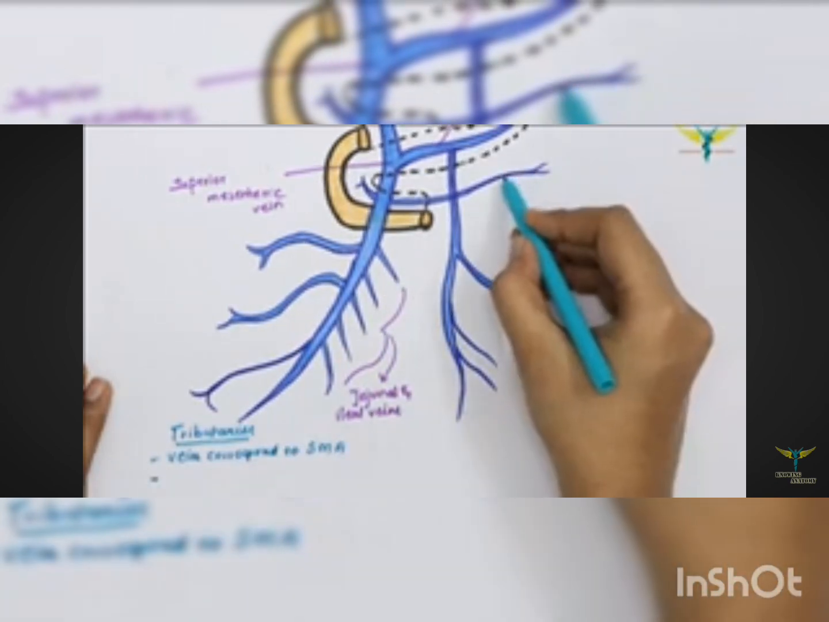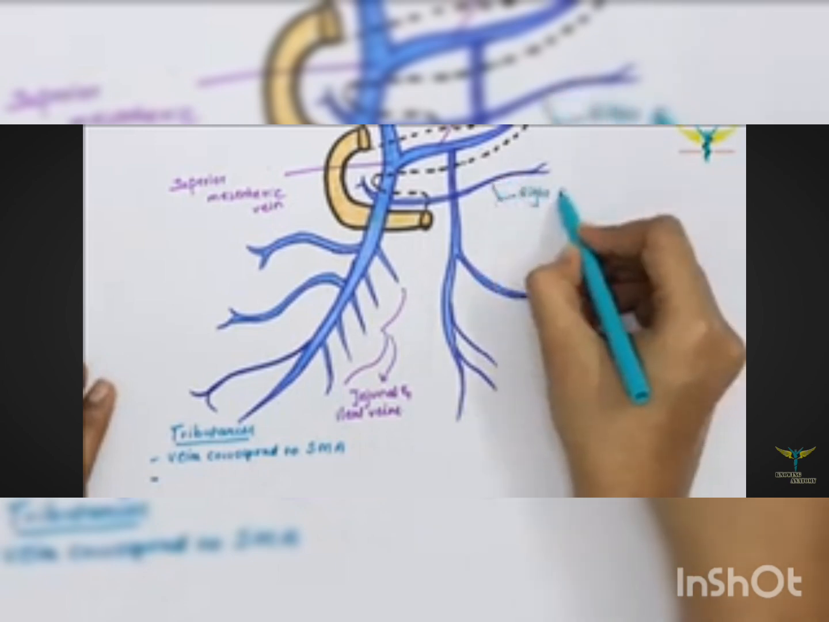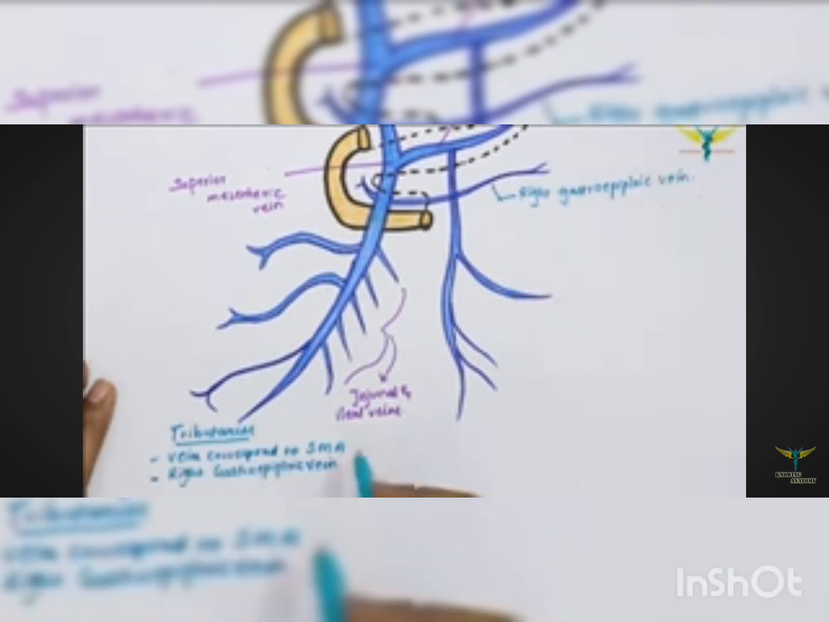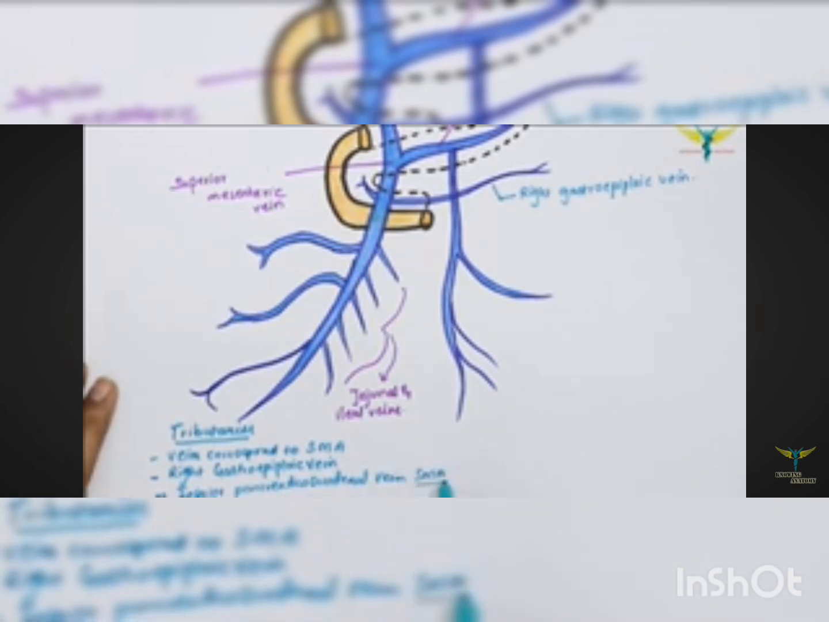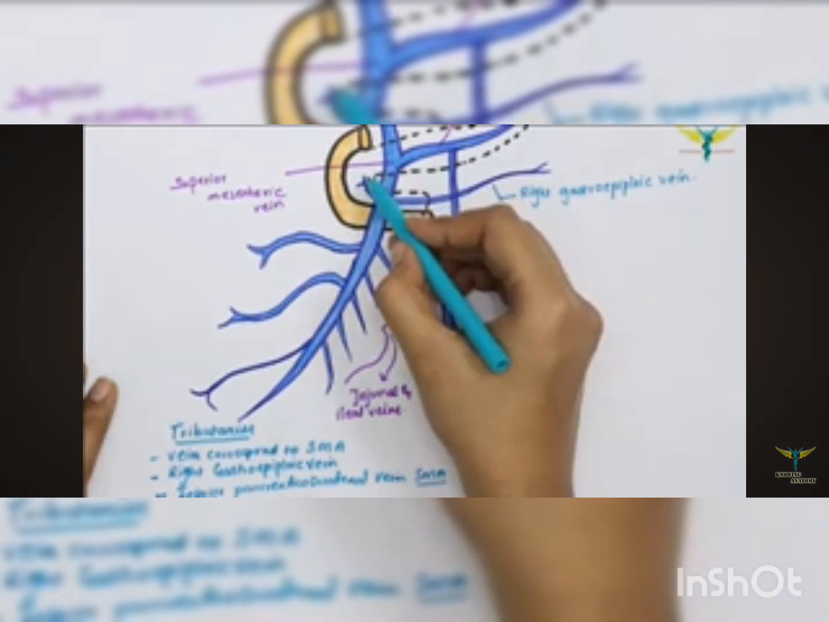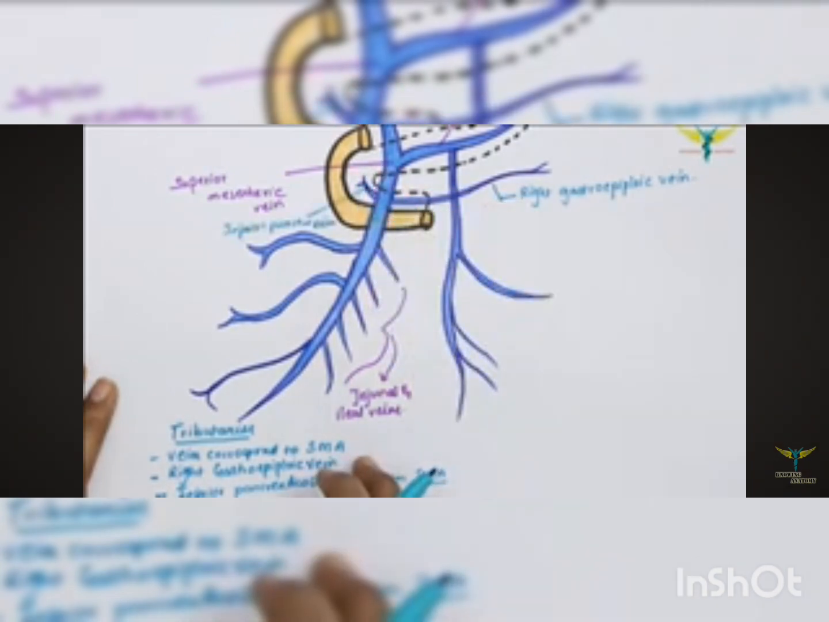The right gastroepiploic vein, as the name indicates, the gastroepiploic. The inferior pancreaticoduodenal vein corresponds to the inferior pancreaticoduodenal artery, a branch of the superior mesenteric artery. So this is the inferior pancreaticoduodenal vein. These are the tributaries of